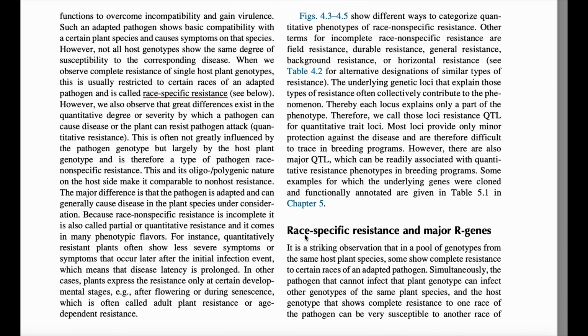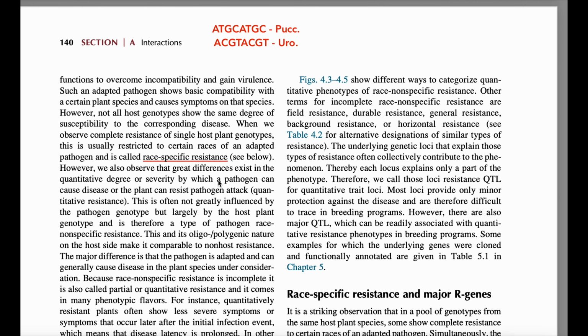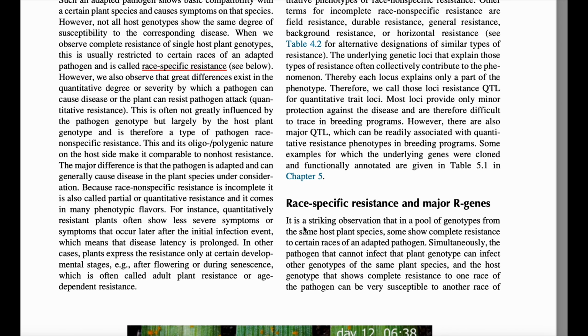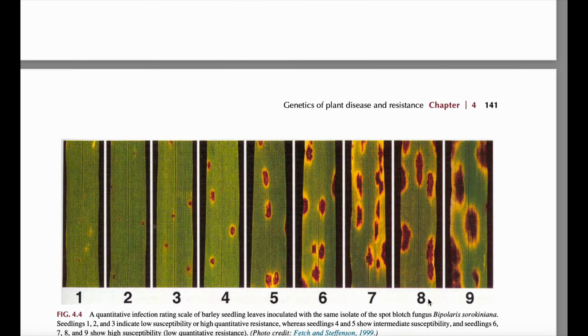Okay, let's come to race specific resistance directly. So what is race specific resistance? It is a striking observation that in a pool of genotypes from the same host plant species, some show complete resistance to certain races of an adapted pathogen. Simultaneously, the pathogen that cannot infect that plant genotype can infect other genotypes of the same plant species, and the host genotype that shows complete resistance to one race of the pathogen can be very susceptible to another race of